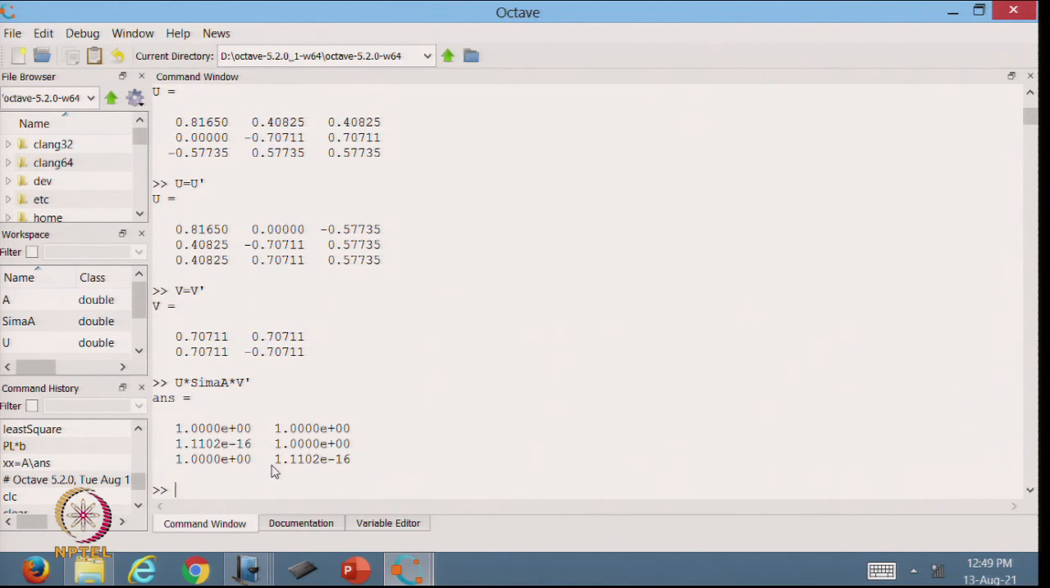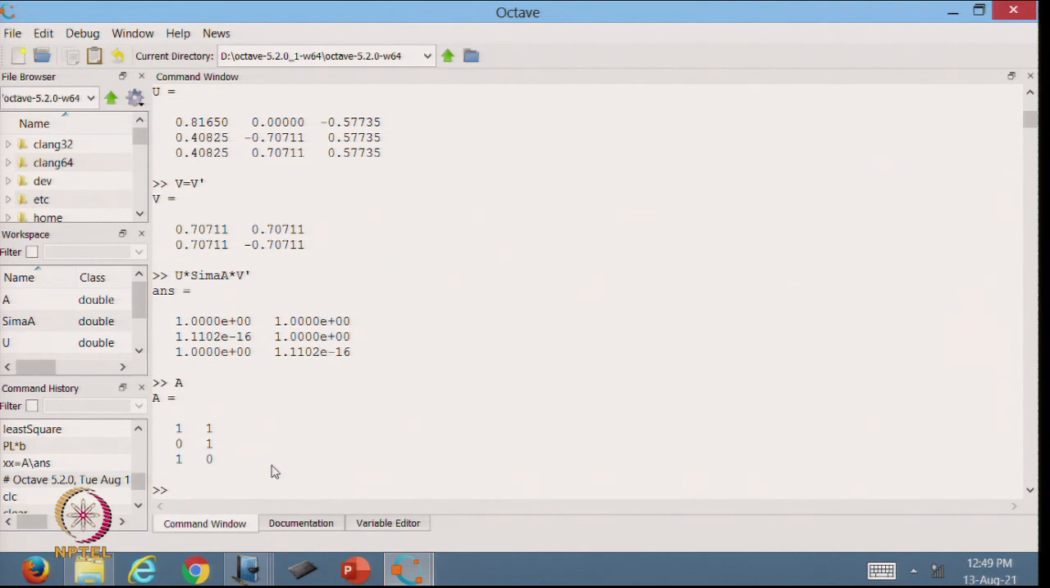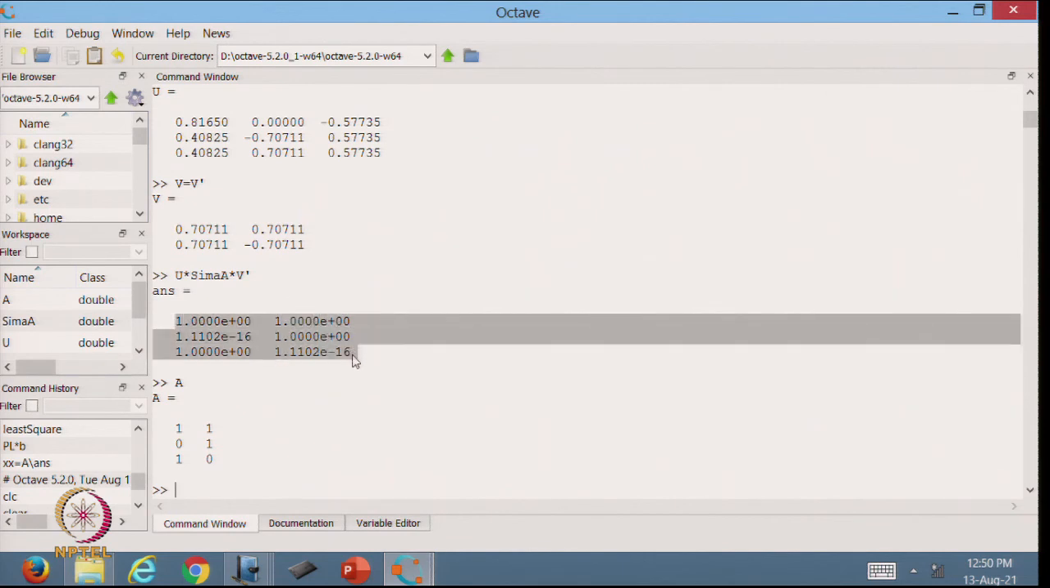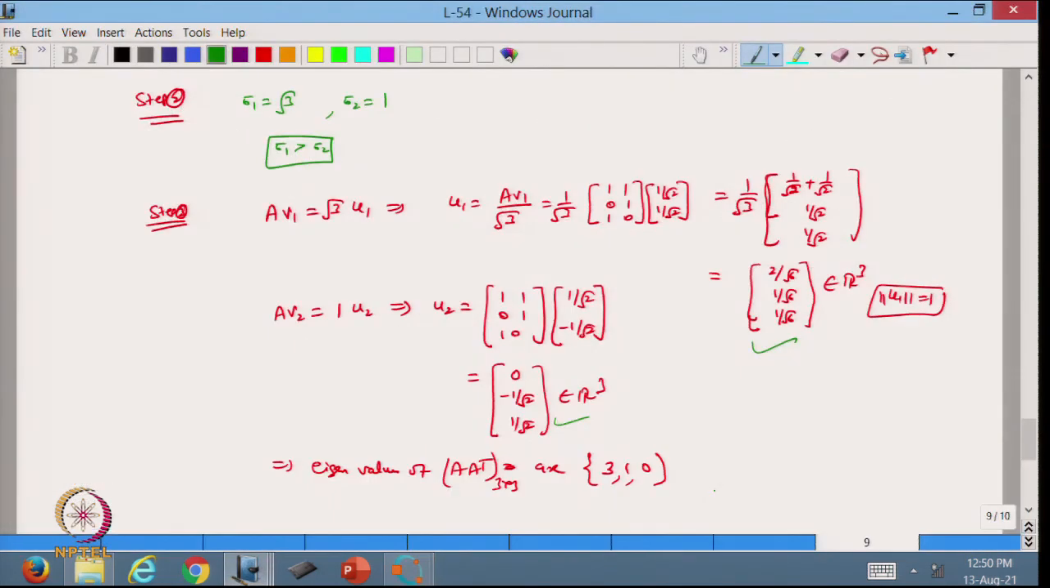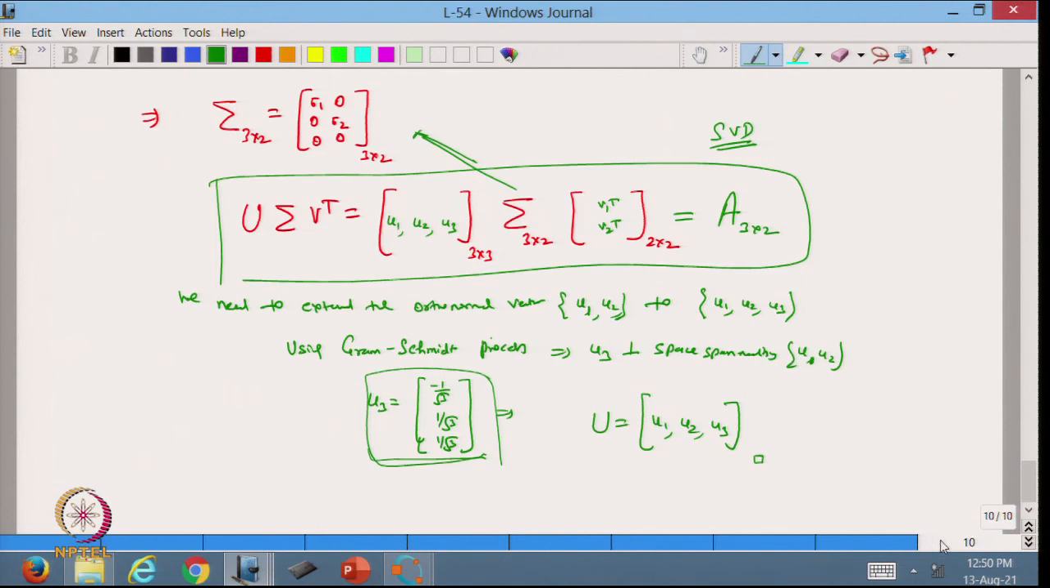Now, we get this value. So, this matrix is the same as our matrix A, 1 1 0 1 1 0. If you see now, it is coming out the same. So, everything is okay in the previous example, whatever example we have done in this case. So, it is verified now